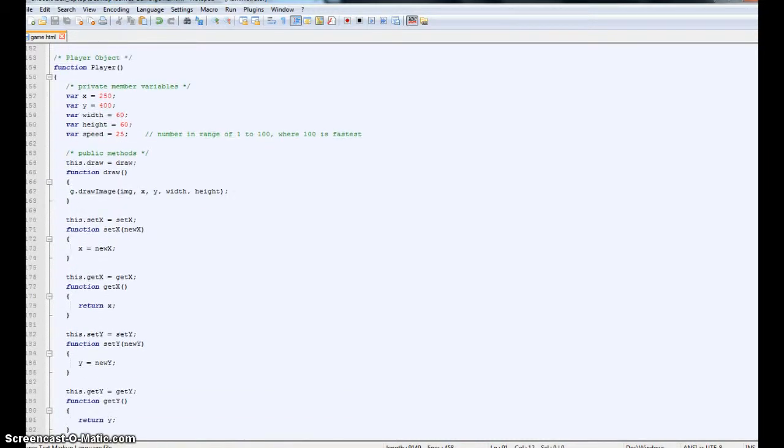Then we have the player object. The player object takes no arguments but automatically creates its X and Y position on the canvas, and sets the width and height and the speed. The speed is in a range of 1 to 100, where 100 is the fastest. So we have our draw method again, which